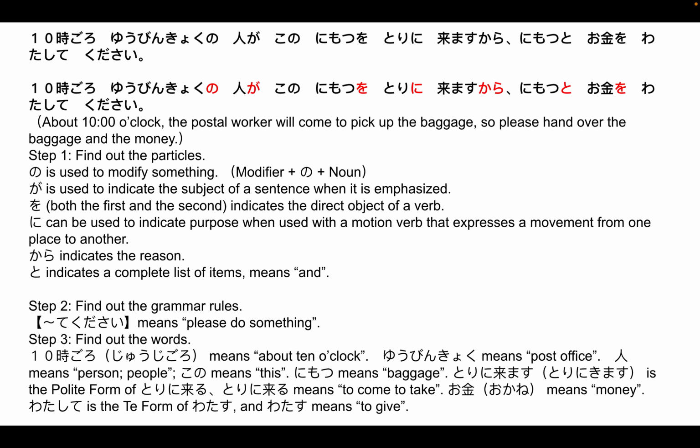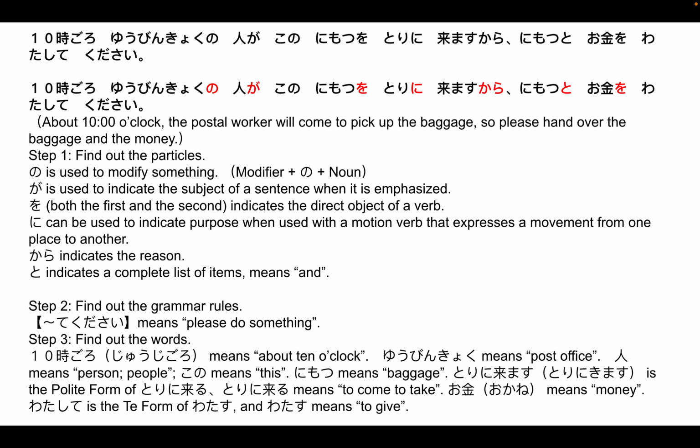10時頃、郵便局の人がこの荷物を取りに来ますから、荷物とお金を渡してください。About 10 o'clock, the postal worker will come to pick up the baggage, so please hand over the baggage and the money. No is used to modify something. Ga is used to indicate the subject of sentence when it is emphasized. Wo, both the first and second, indicates the direct object of a verb. Ni can be used to indicate purpose